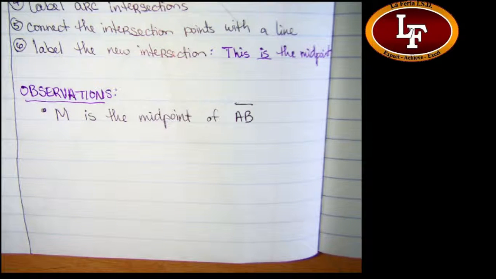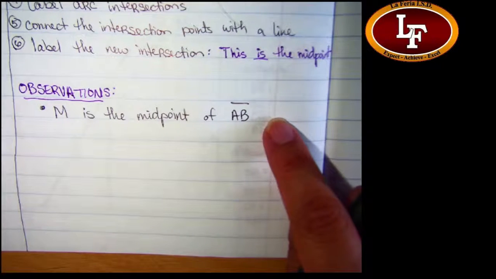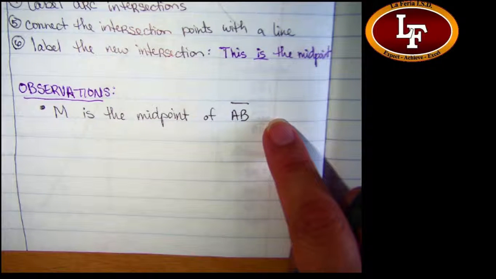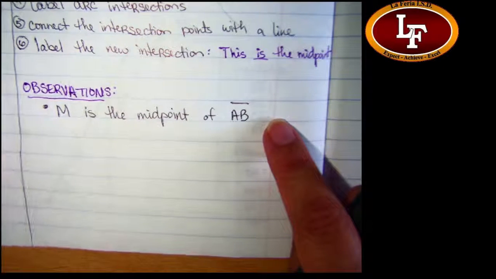But we're not really sure. This technique doesn't tell us if M is the midpoint of JK, it's going to tell us that that point is the midpoint of whatever we asked to construct the bisector of, because that's what this technique does. So for sure we can say this. We can't say the other one yet, okay? But for sure we can say this.